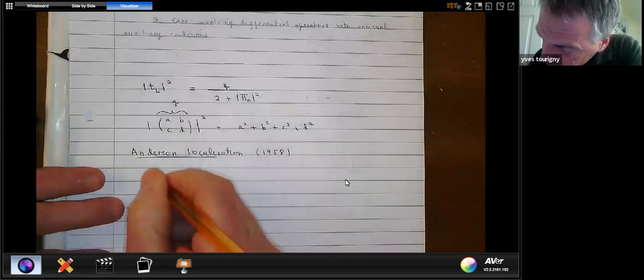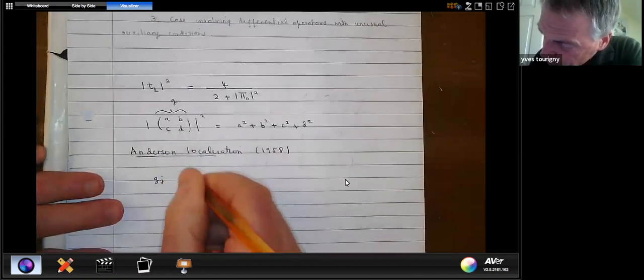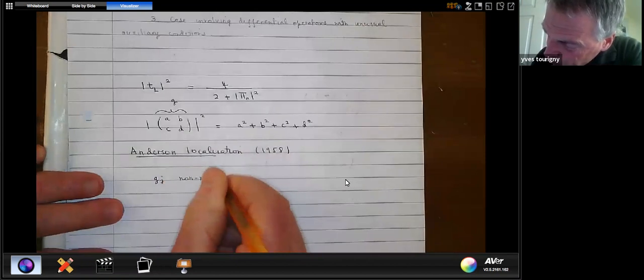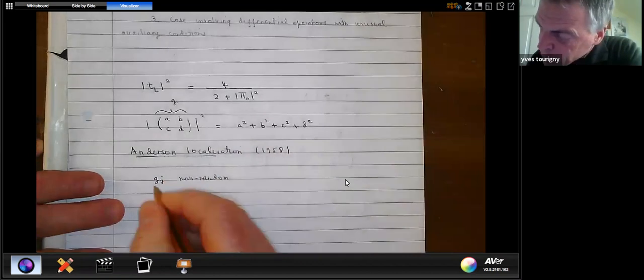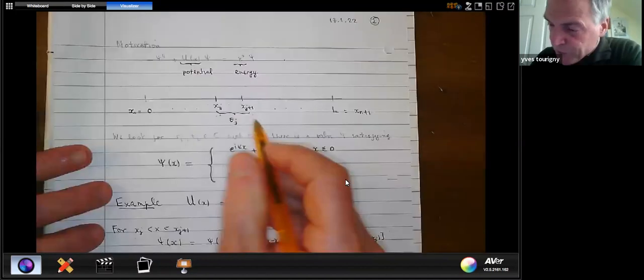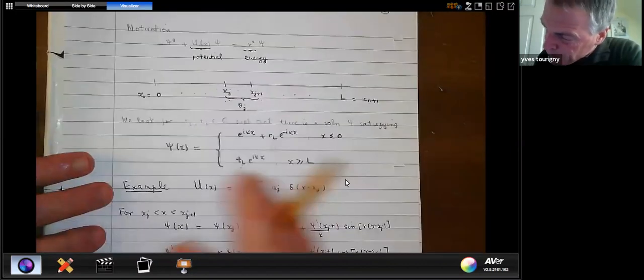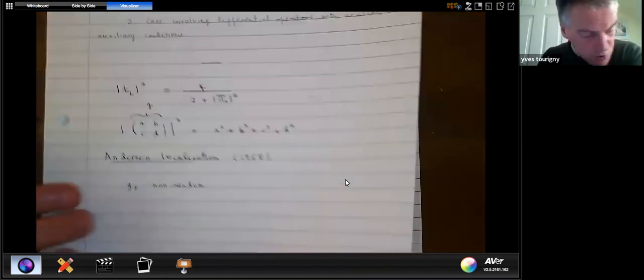What he showed is that if the problem is not random, so if I imagine that these are just fixed, deterministic numbers, the UJs are also fixed numbers, then the transmission coefficient